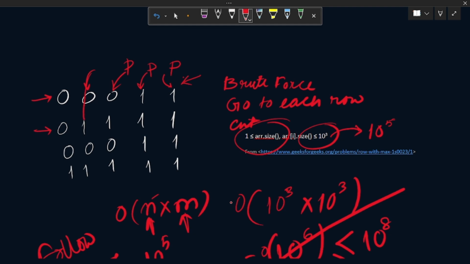The pointer will point to this element now. Then again we'll update our pointer. We'll say that, okay, there is no 1, so our pointer will stay there. Again we'll start from here and check if there is a 1. Okay, there is no 1, then we'll go to the next row. Here there is a 1, so our pointer will come over here. And since there are no more rows and also the pointer came at the -1 index, we'll go out of the loop,